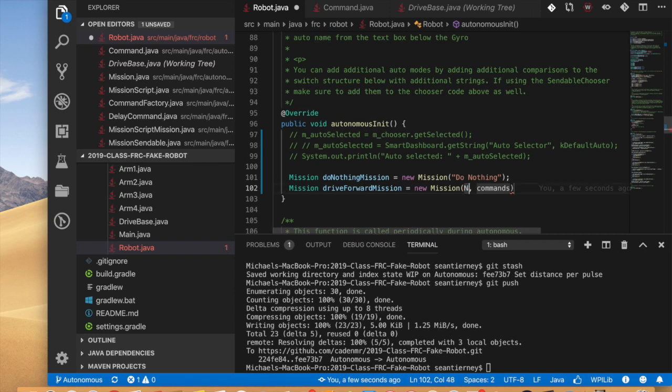The name is going to be used for displaying it on the smart dashboard. And for commands, we have command factory dot